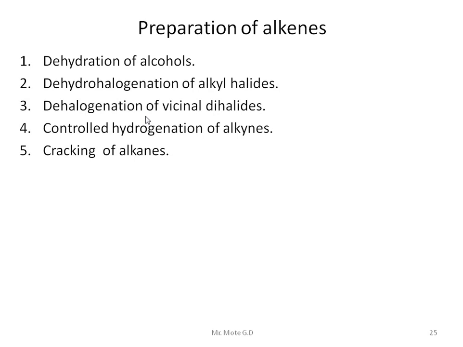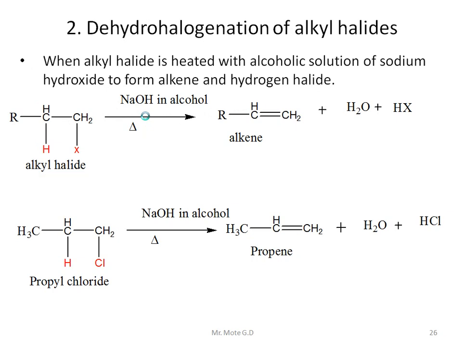Then controlled hydrogenation of alkynes, that is acetylene to form ethene. Then last one, cracking. Cracking means heating of alkane at high temperature will give the alkene. So these are the preparation methods. We'll discuss one by one. First one,